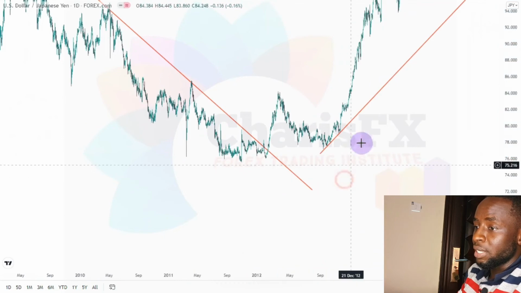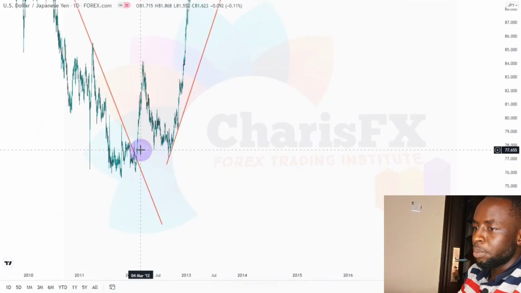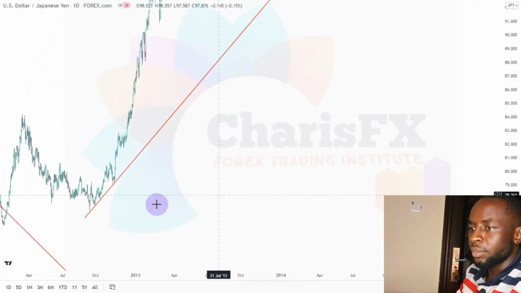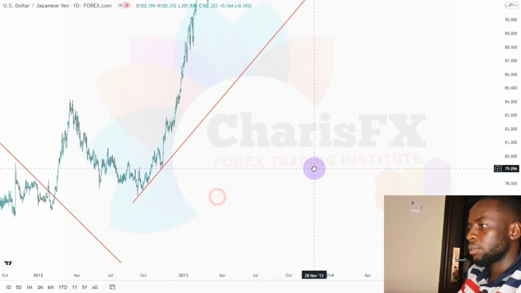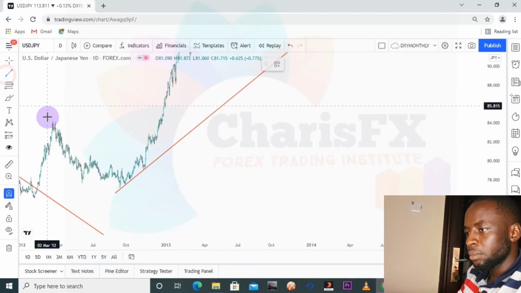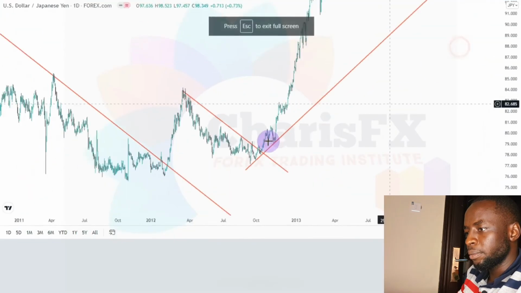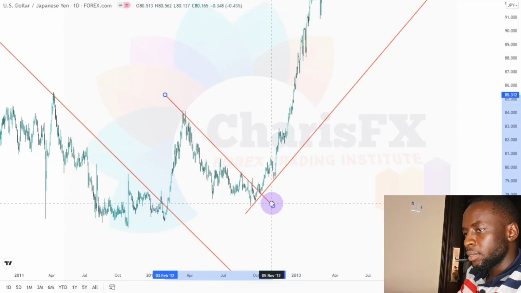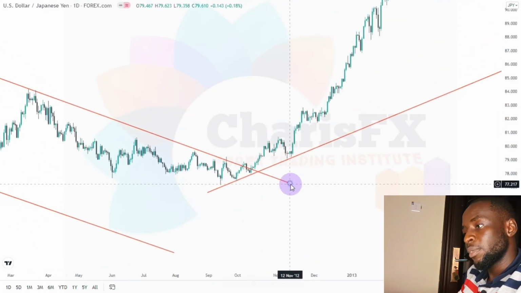because we had a previous shift in structure, price retested again, right? So now we are beginning to see price respect this trend. Price is respecting this trend. Okay, when you draw again here, you see that this is a break of trend. When you draw this, put it here and connect the highs together, you notice that here we had a shift in structure and price began to respect the trend,